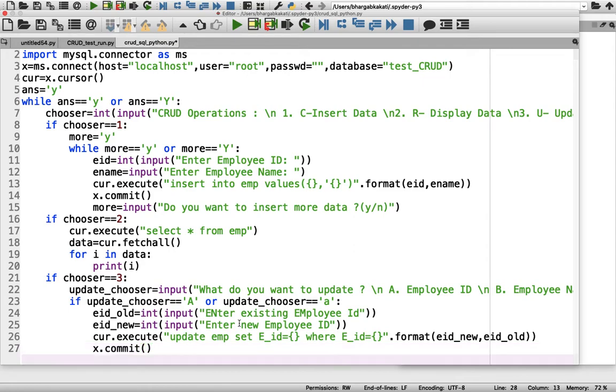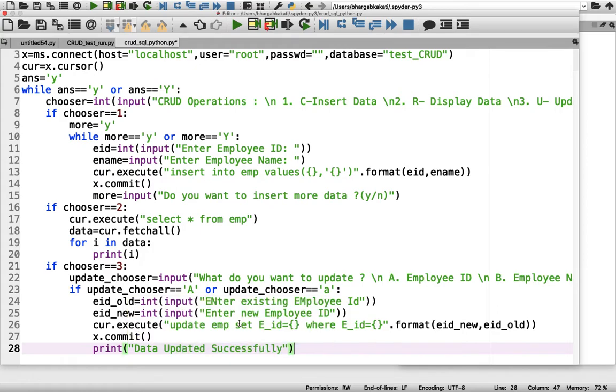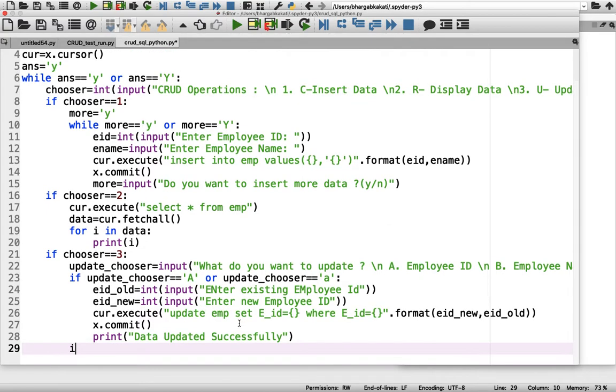Okay, now let's display a message like print data updated successfully. Okay, now let's do the programming for the second submenu, which says if update chooser equals B, or update chooser equals small b for making it case insensitive.